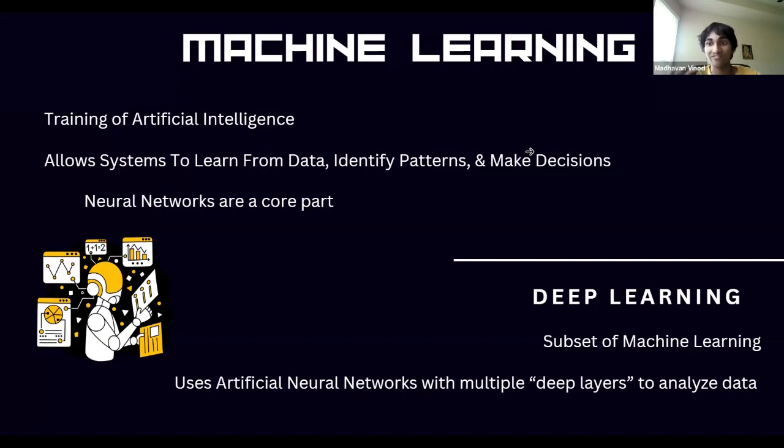It's one of the most effective forms of learning that an artificial intelligence system can undergo. And this is mainly because it uses the artificial neural networks that we just mentioned. It uses them with multiple deep layers. So machine learning as a whole may use artificial neural networks. It may also use other forms of machine learning, more basic forms, or just different forms. But deep learning is actually where these artificial neural networks come into play.